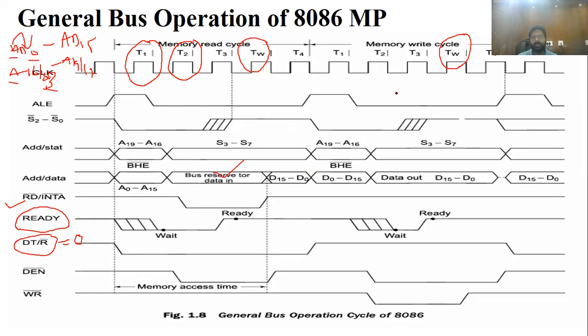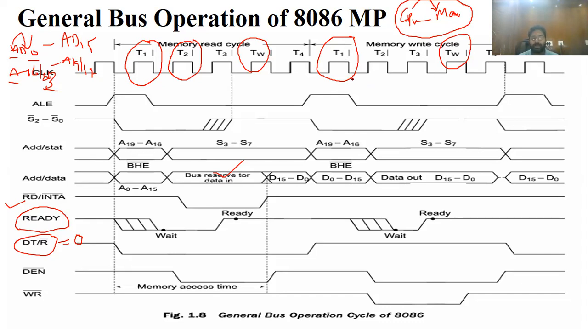The write operation is from the CPU to the memory. Whatever data is present in the CPU, we will move it to the memory. For that purpose, the microprocessor has to identify at which address location we want to store the data. That address location is identified on the address lines in the T1 clock. Once the address location is identified, the address lines are converted to data lines to transmit the data from the CPU to the memory.